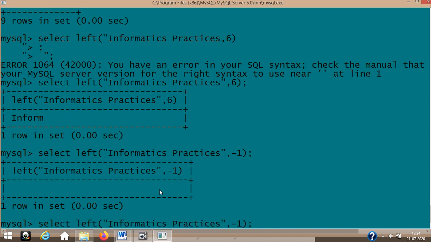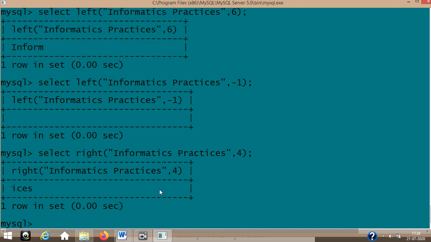Okay, in the same way, if you have LEFT, you will definitely have a RIGHT also. So -1 has to be changed, and I have to give 4 here, and from where, yeah, from the back, but it is starting from this. So 1 is the starting position, not 0. There was that kind of confusion among people last year and all.